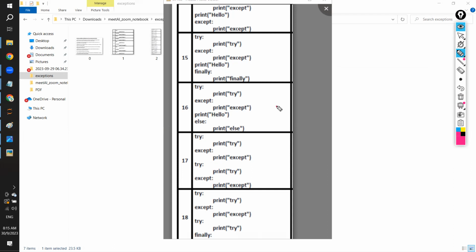Will it execute or not? Right. For else statement, it should have the try block. Correct. So this for else statement